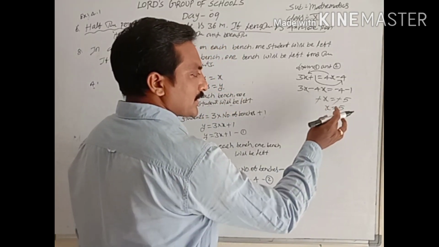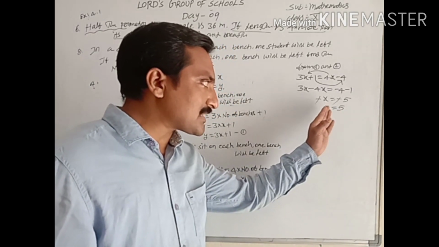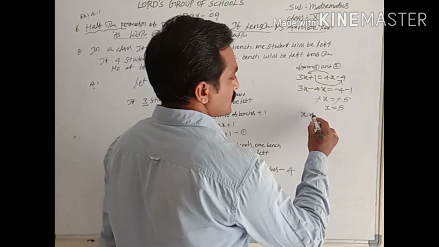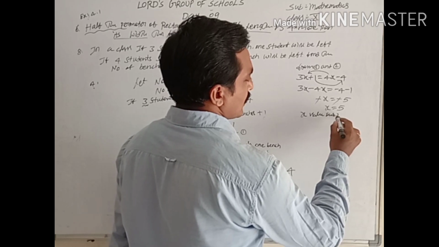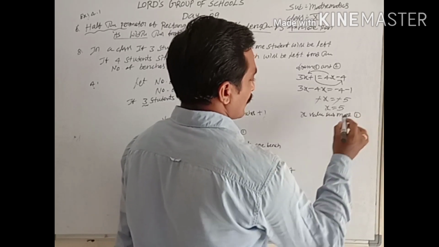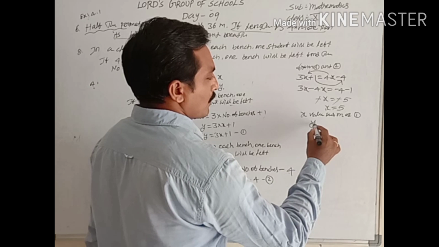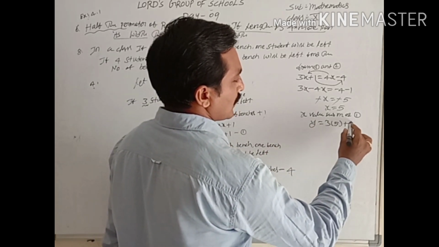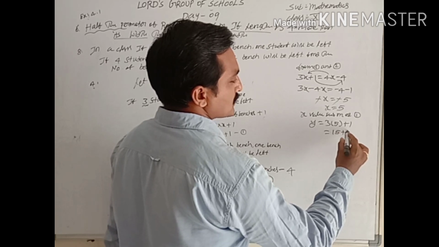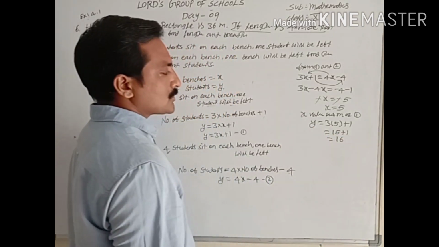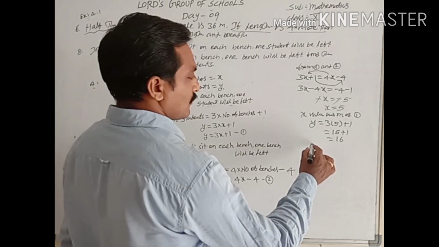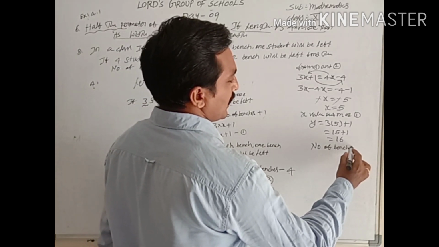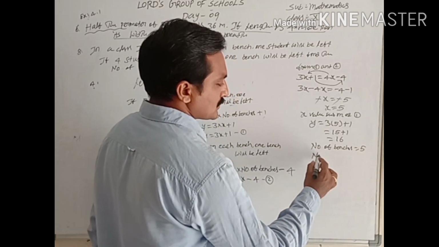So the x value is completed. After completion of x, this x value is substituted in equation 1 or 2. Substituting the x value in equation 1, y is equal to 3 into 5 plus 1. 3 fives are 15 plus 1, 16. So here the number of benches is 5 and the number of students